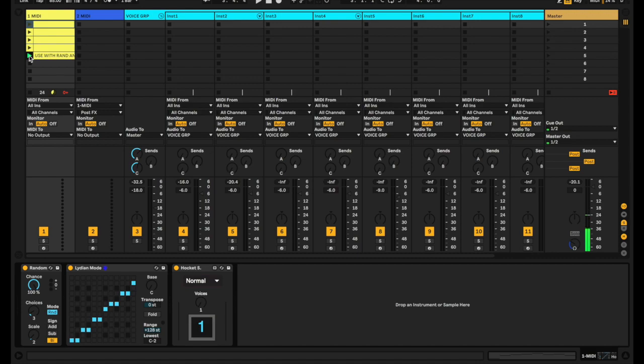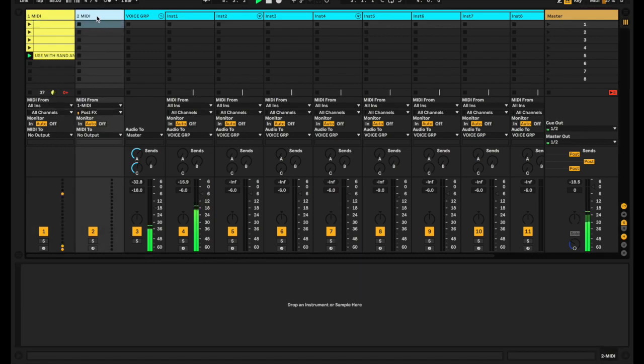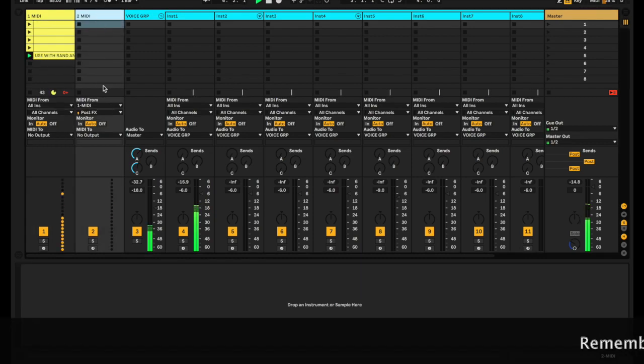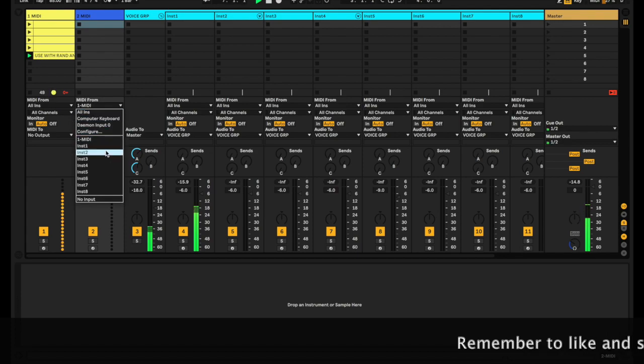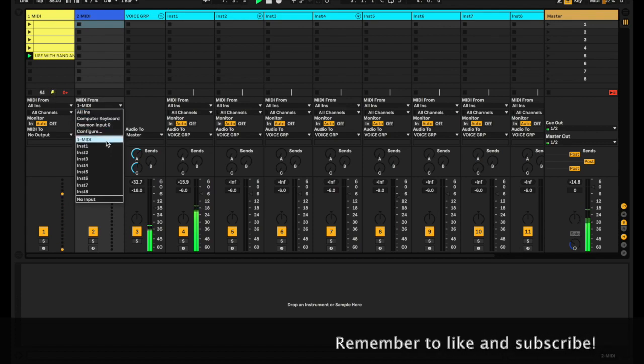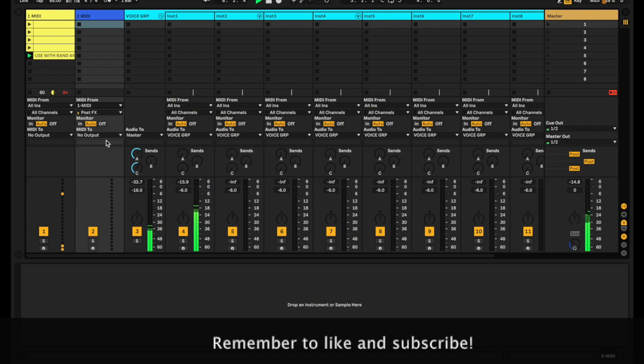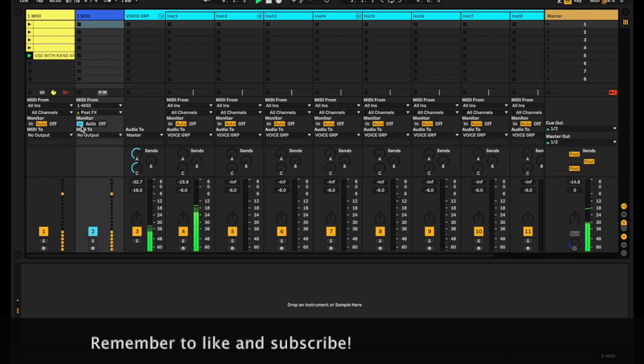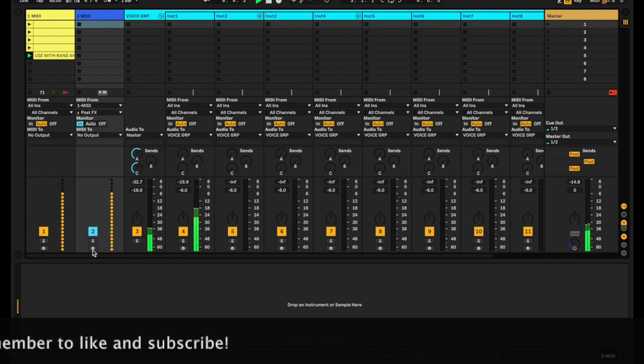Okay, welcome back. I've been asked how to capture the output from the Hocket plugin and get that into a MIDI file. It's quite a simple process. Create a new MIDI channel, set the input of the MIDI channel to the output of the channel with the Hocket on it, put that into monitor in, set it to record,